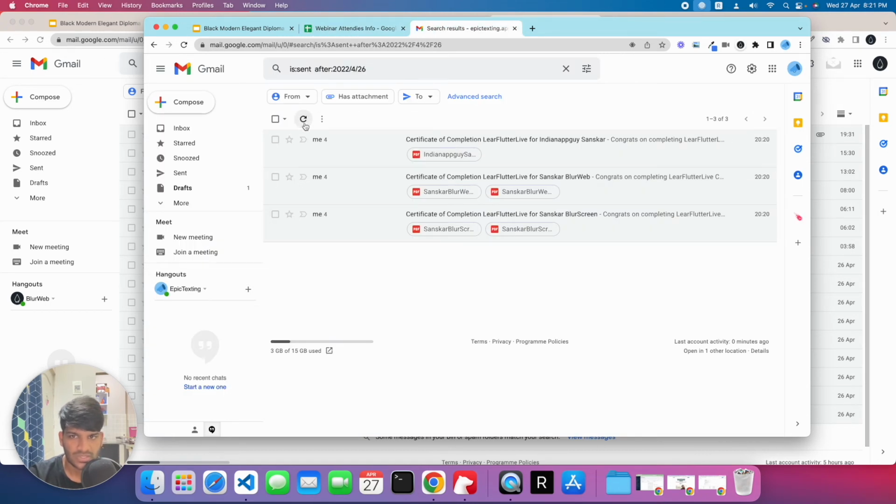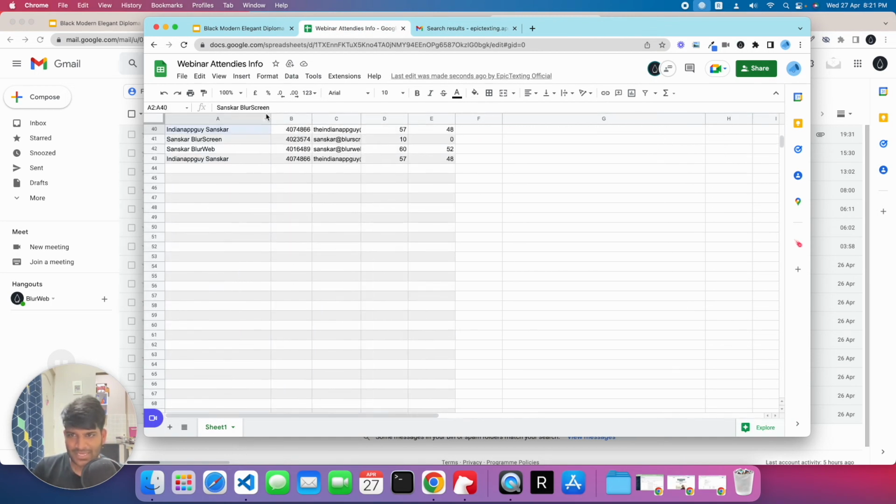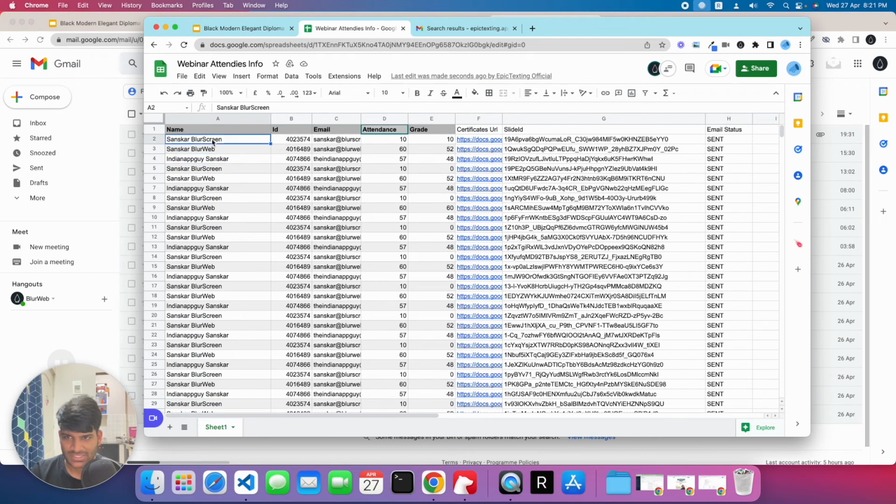If I reload, you can see it will be just added to these three only. You can see 12 here, 11 here. So basically that's one thing, because all of these names are similar. So I can show you that again by changing the name. So maybe I'm going to change this to certify simple